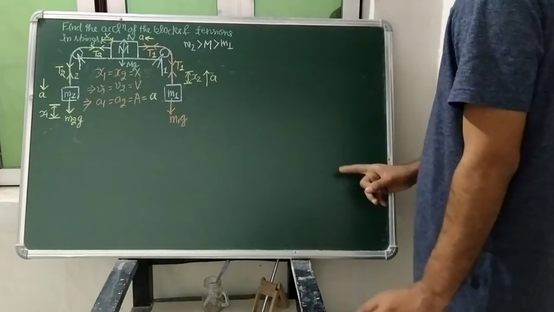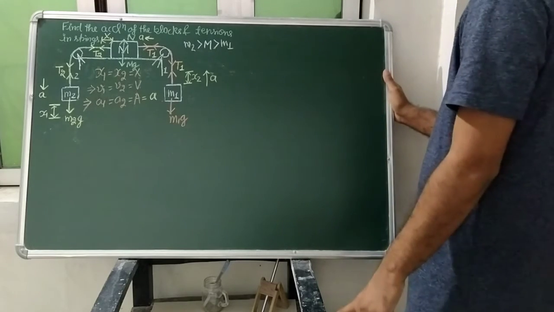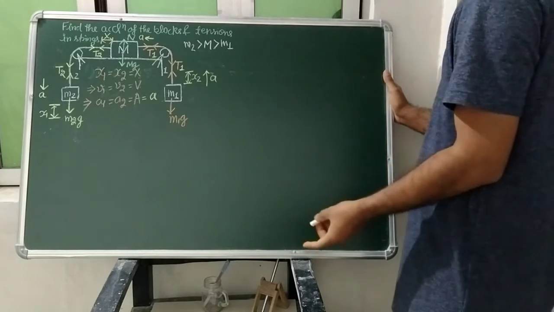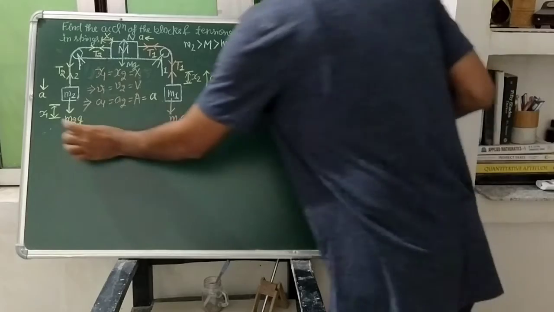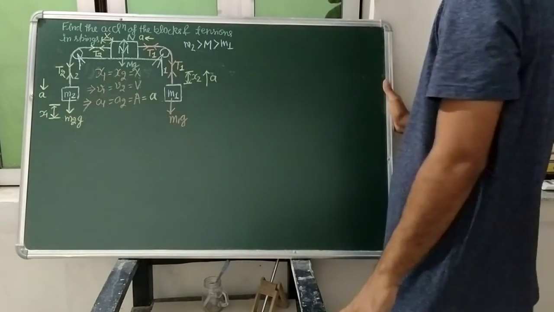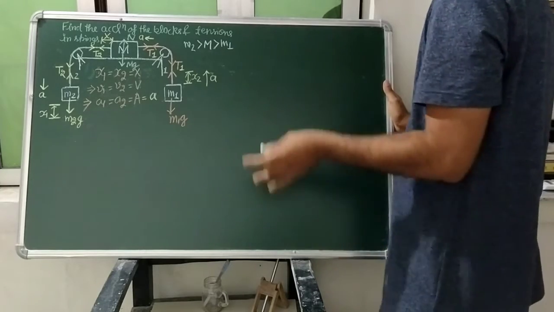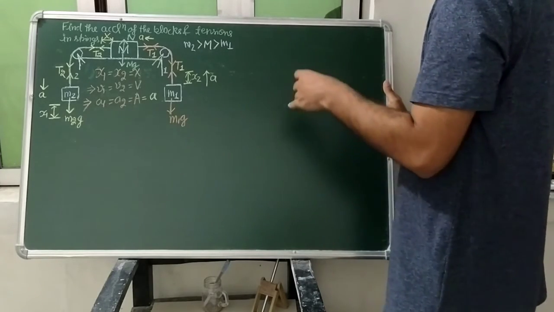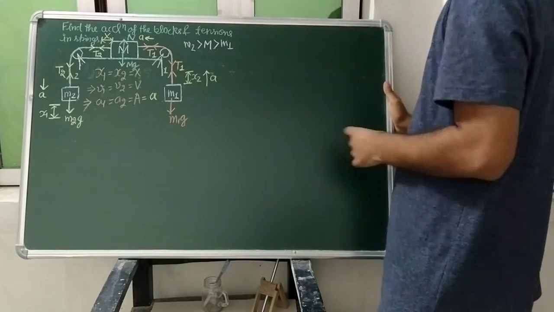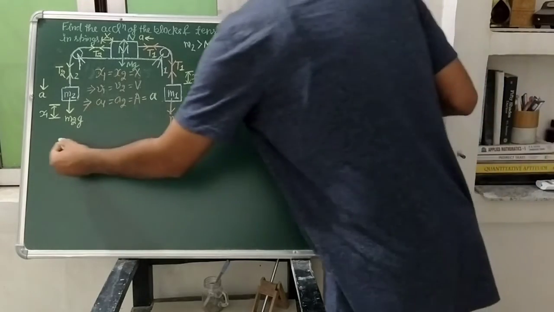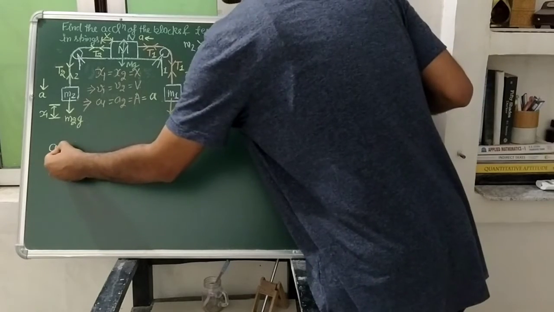So notice this, friends, we are getting the same acceleration of each block, isn't it? And if the acceleration in that system is the same, we can write the expression of acceleration directly, isn't it? In video number 10, I talked about each and every system where we were getting the same acceleration, that we have taken into account in our lectures. So we can write the expression of acceleration directly, and how can we write that?